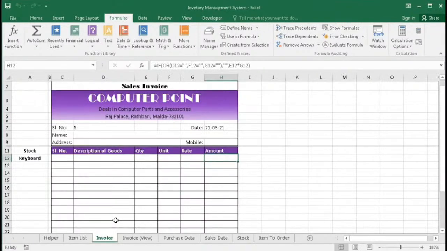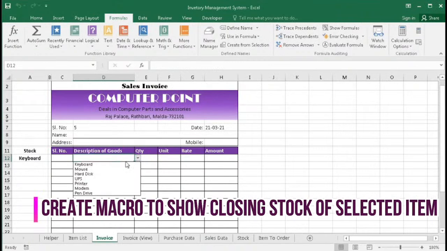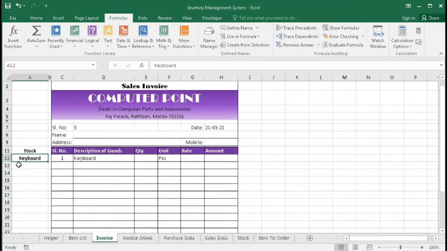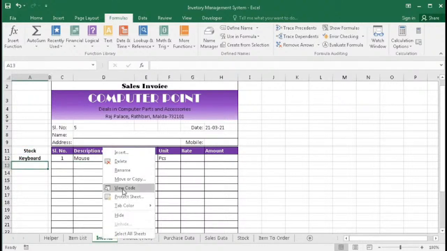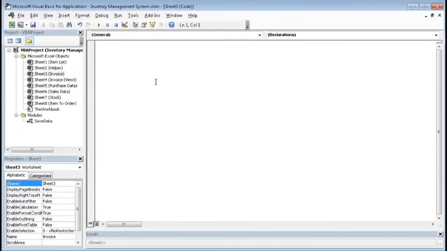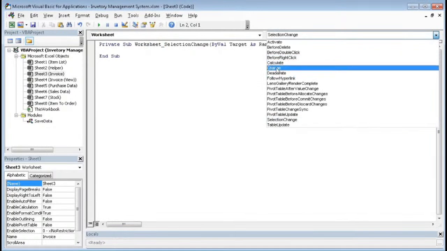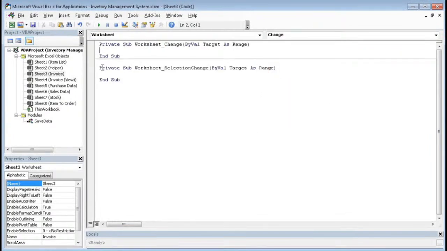Now we will do this when we select keyboard. Here the value should be keyboard and the current stock should be shown. And if I select here mouse, here should be mouse and the current stock of mouse should be shown. For that, right click on this sheet and click view code. So it is a worksheet code. So here select worksheet and here select change and delete this one,